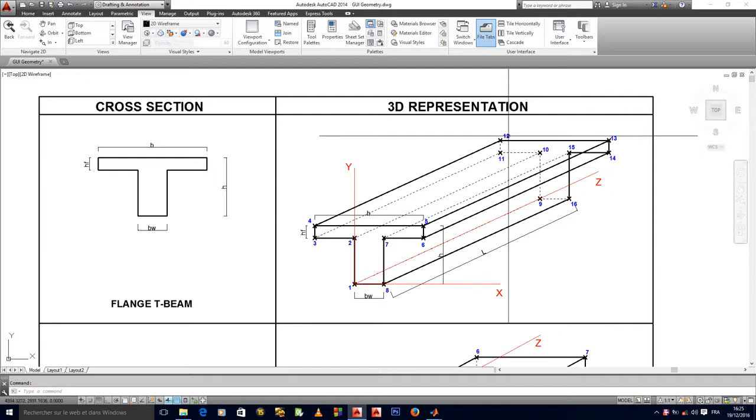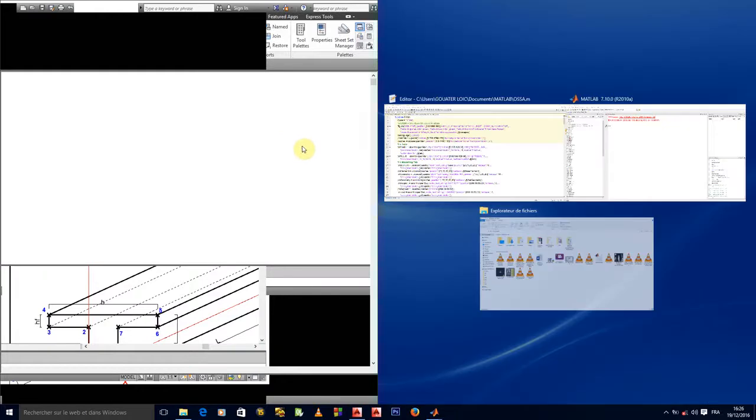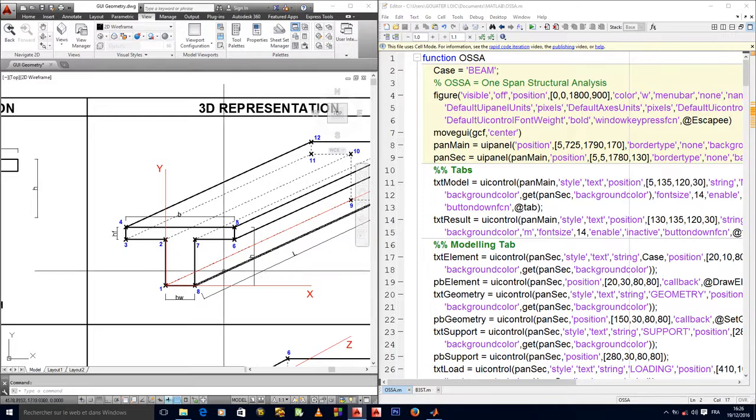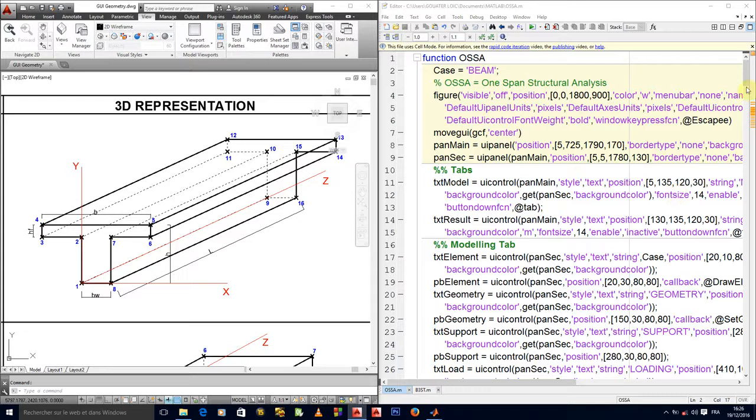So the very first 3D that I would like us to draw is for the beam, this T-beam. That's the very first element I would like us to draw. For that, I think we'll have to separate our windows into two again. Yes, so we clear. Okay, good. So we have to look for the coordinates of all these points, and you'll see that on this drawing the coordinates are not indicated. That's because I want us to do that all together.